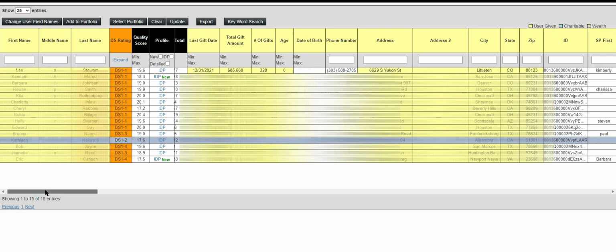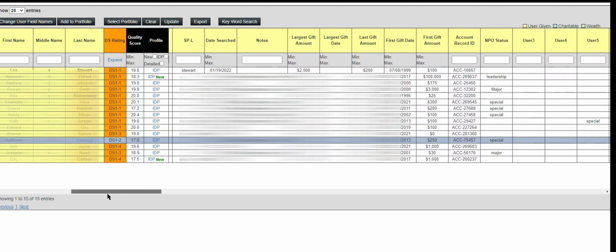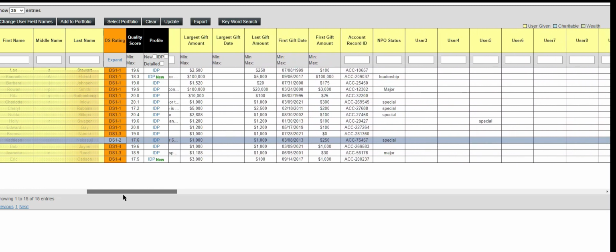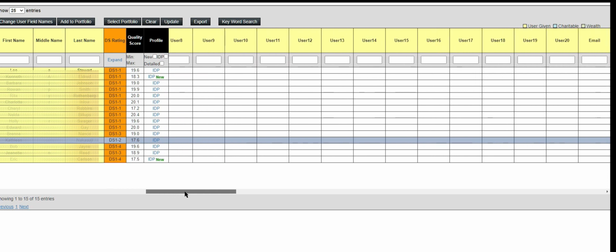Hello, and today we're going to go over what it looks like when we have a batch screening or a wealth screening when we own the software. So let's take a look. The reason we want to do a batch screening is to